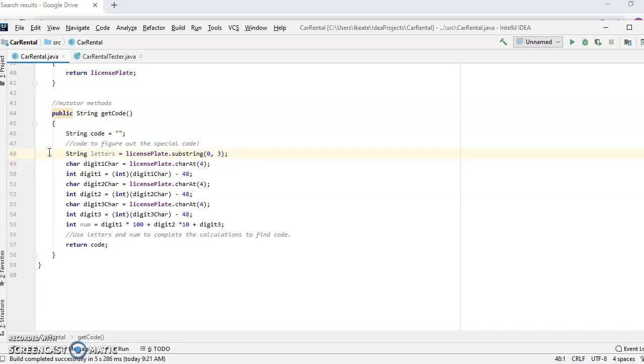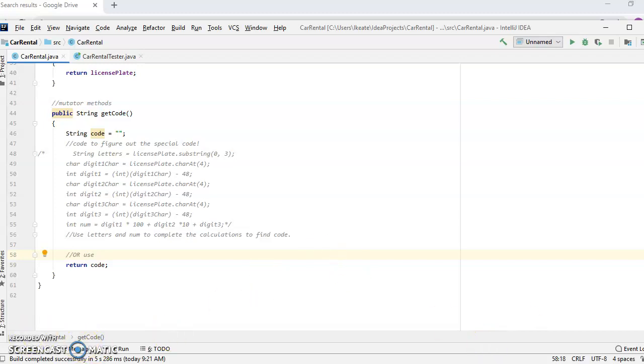I can comment this out here. That's one way to do it, is just by using license plate. And the other way to do it is